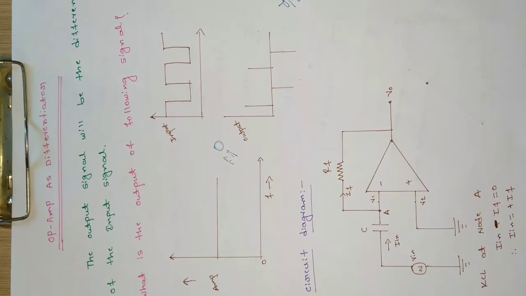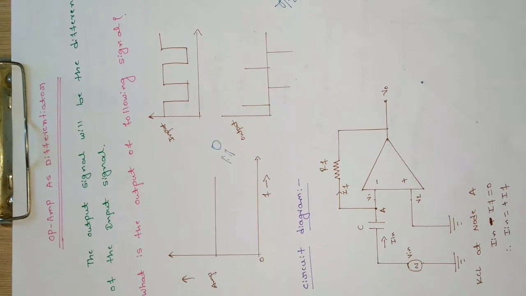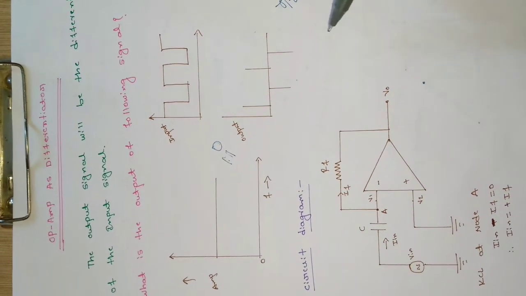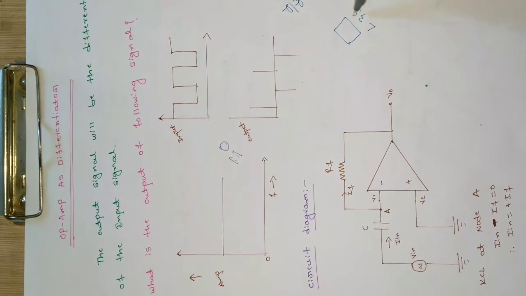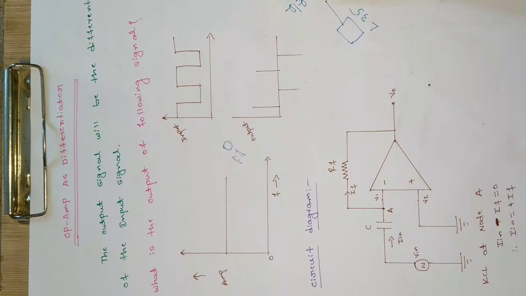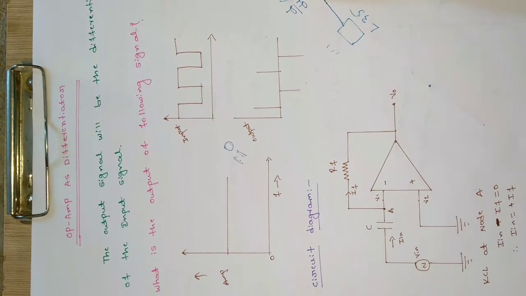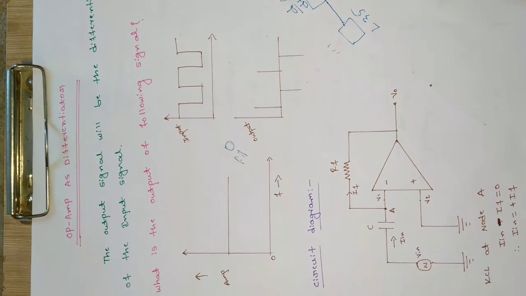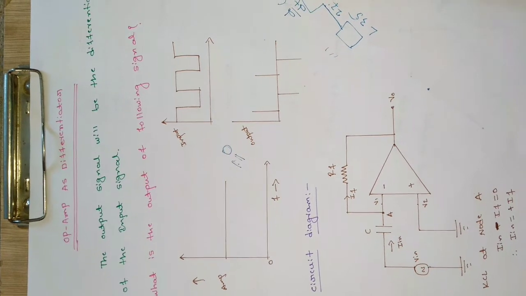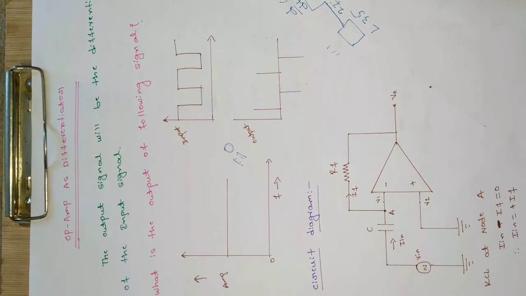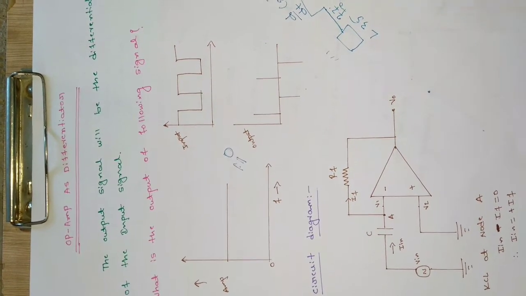From that we can guess where we can use this differentiator. Suppose there is a sensor, a temperature sensor LM35. It gives the temperature of the environment surrounding it. It will be constant up to some time and then change for some time. Let us say the room temperature is 27 degrees Celsius, and it goes up to 35 degrees Celsius at a later time. So this is T0, this is T1 and this is T2.